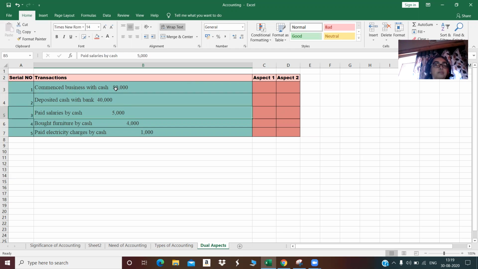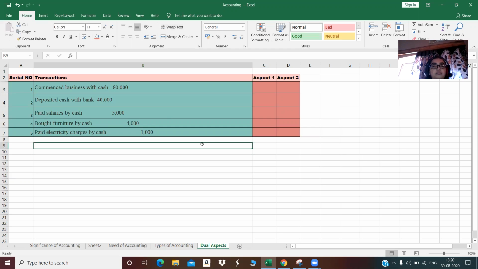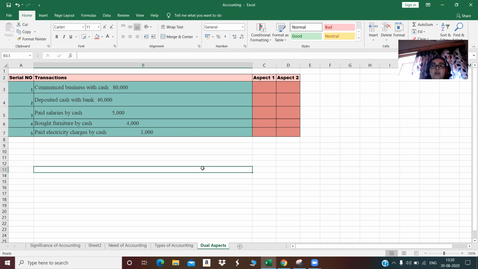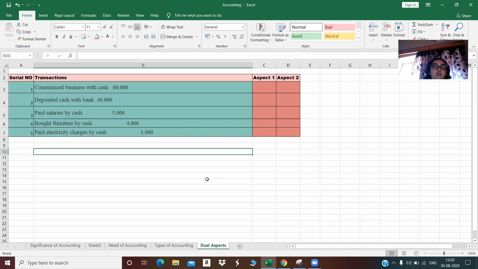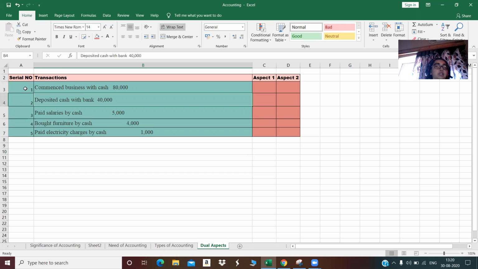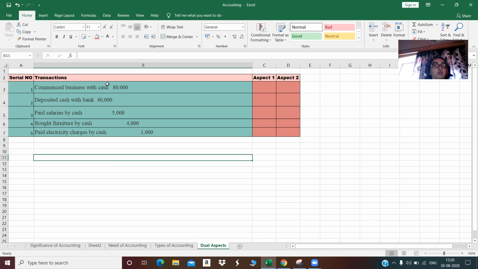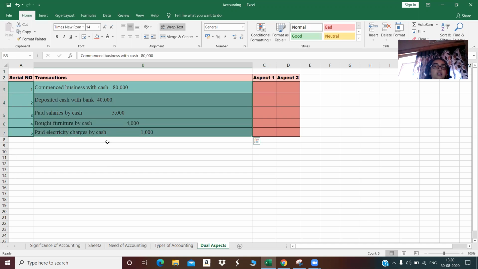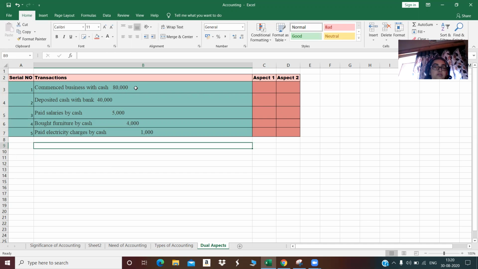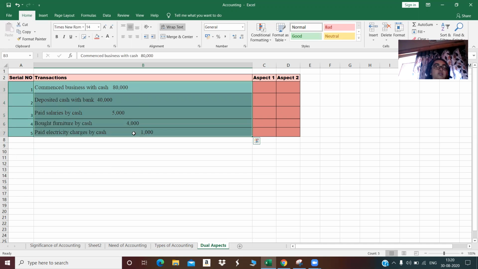So, previously in the past times, I mean long years ago, people used to go by the single entry concept. However, that perspective has changed. We are able to know the two aspects of the transactions, and based on that the double entry system has arrived. So now I have here presented a few financial transactions. You have to go through them, and then you will be able to understand the two aspects involved in each of the transactions.